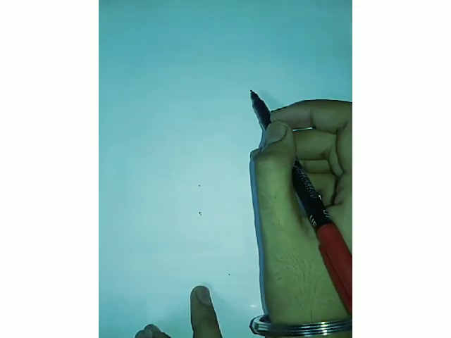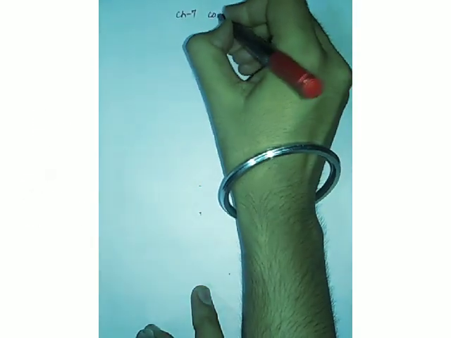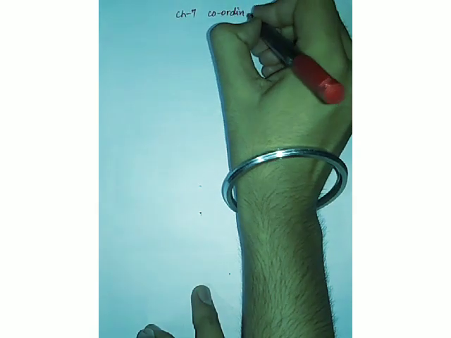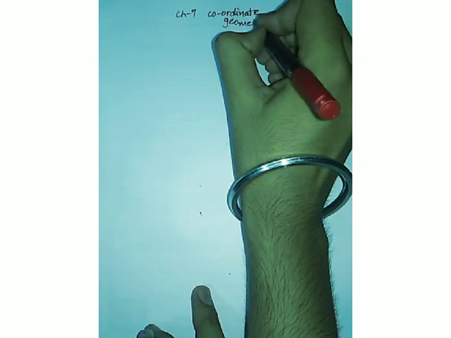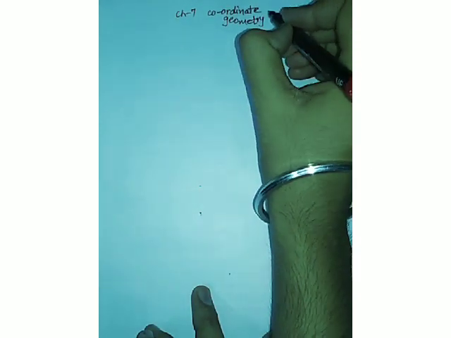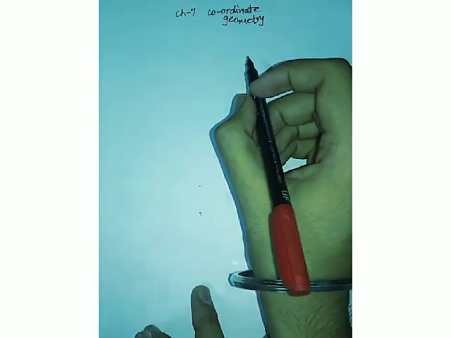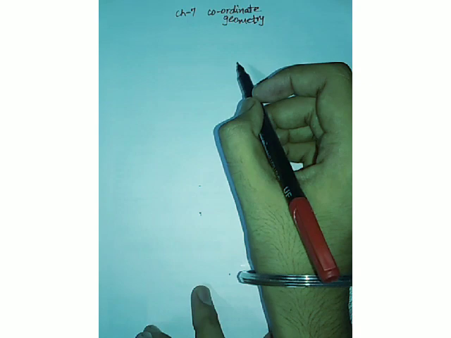Today we'll be starting the chapter Coordinate Geometry of 10th class, that is chapter 7. Alright, the name is Coordinate Geometry. So we will be learning something about coordinates and as well as their geometrical representation. All right, that is how points are plotted and what is their distance, the sections, and all of these things.